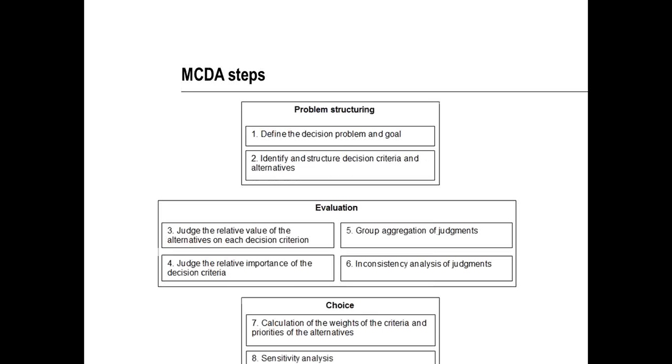And this is an overview of the different MCDA steps, so all the different steps that you have to undertake when you are applying a technique like the analytic hierarchy process. And by means of an example, I will go through all these different steps, so you don't have to know them now, all 8 of them, but I will go through them one by one. So first we start with the definition of the decision problem and the decision goal. So let's say